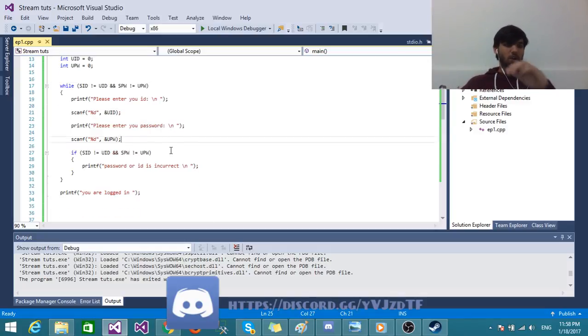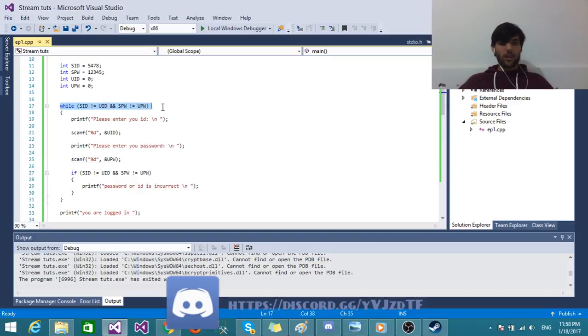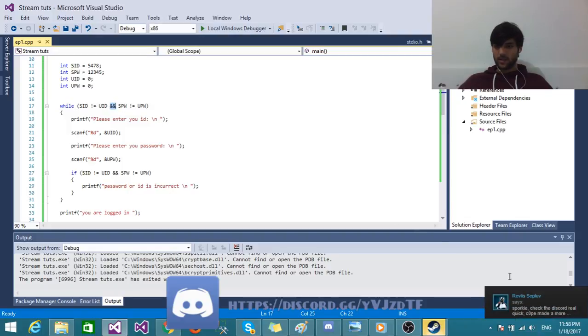Okay, so what I did over here was a while loop. We're also going to do a do-while, which is another loop that I want to teach you guys. It does the exact same thing, but there's a slight catch to it. So we asked here inside the argument, is SID not equal to UID, if the user input is not equal to what's the stored ID is, and also, this is the and,